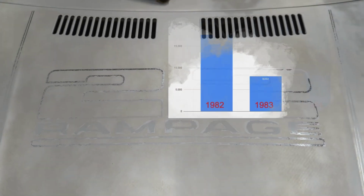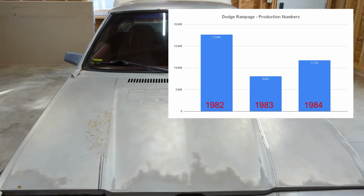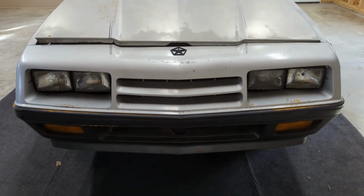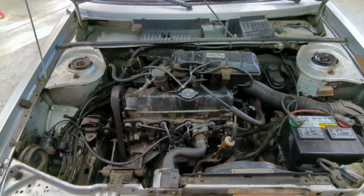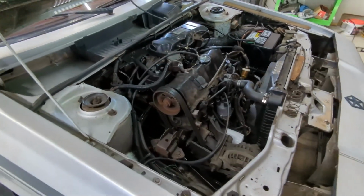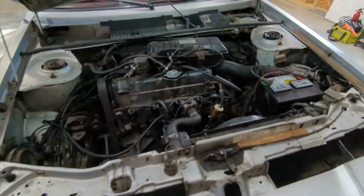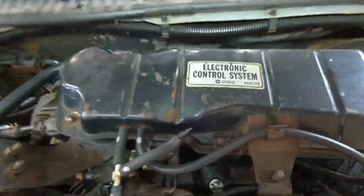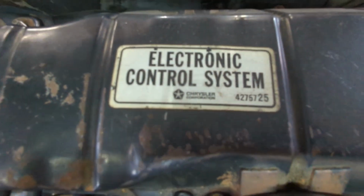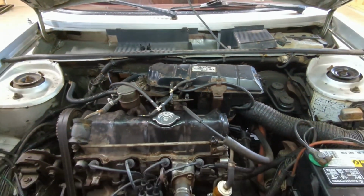The Dodge Rampage was manufactured for just 3 short years, from 1982 to 1984. A total of only 37,401 Rampages were produced. The lesser-known Plymouth Scamp only had 3,564 sold, bringing the total to 40,965 cars ever sold that look similar to my Rampage here. Compare that to the 569,388 Ram 1500s that were sold in just 2021,